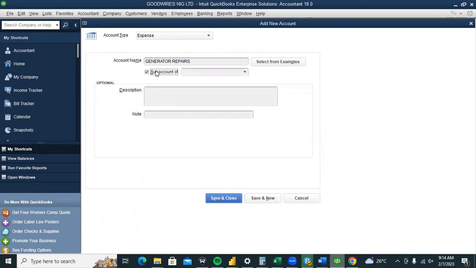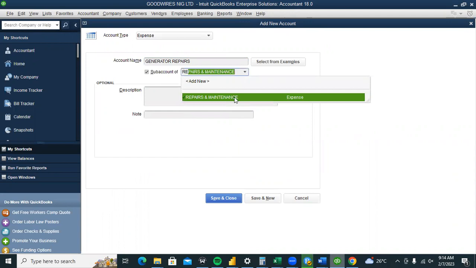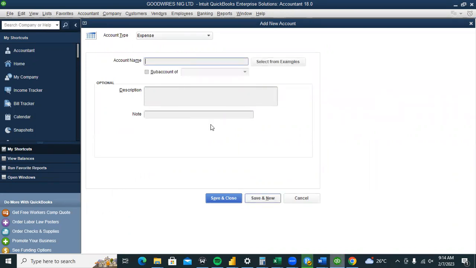But before that, I want to make it a sub account under repairs and maintenance. So you can see how I did that. So save and new. Did I say office or vehicle? Okay, vehicle repairs, motor vehicle repairs. So that from time to time, we know how much we have spent on these different cost